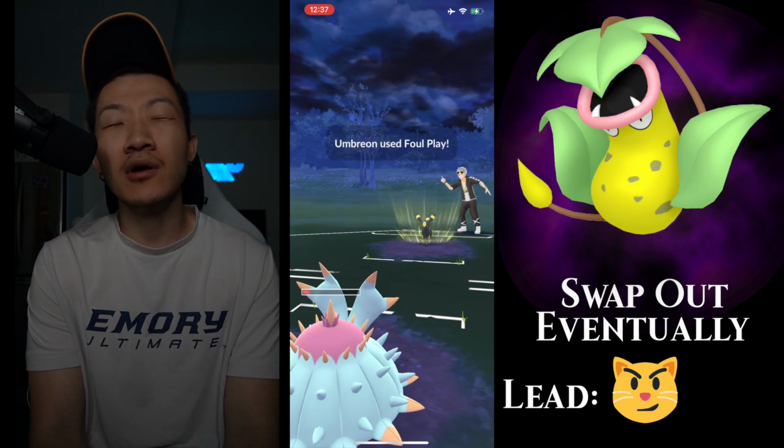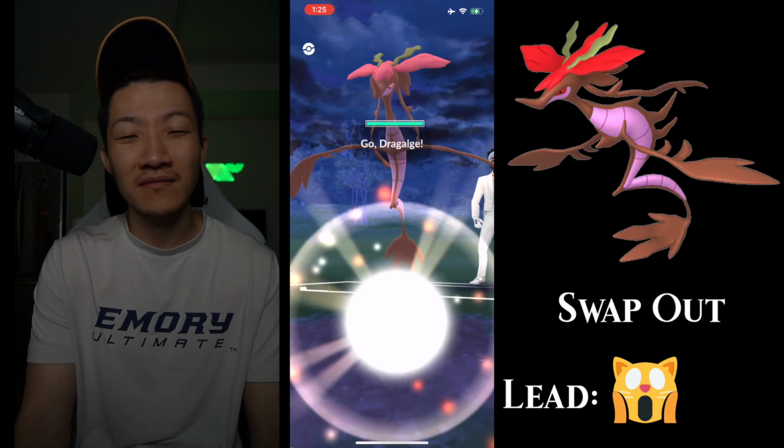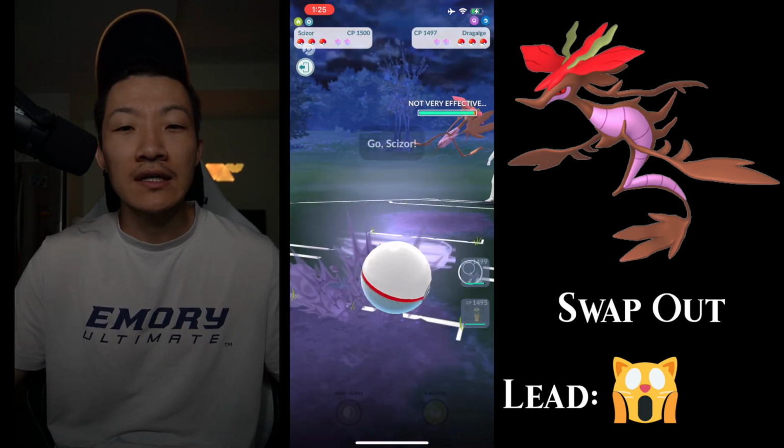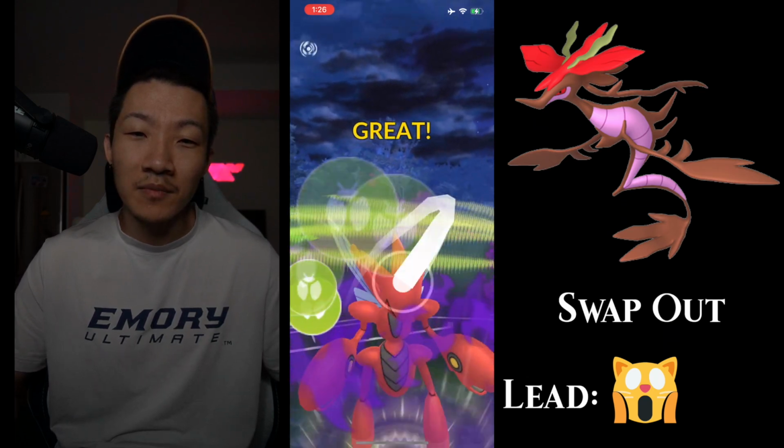So Shadow Victreebel, kind of annoying to face. Luckily you don't see them too often. I think that's my only one, or maybe I've seen two in total. Yeah, pretty rare in this meta at least. Alright, Dragalge. So Dragalge with a counter swap